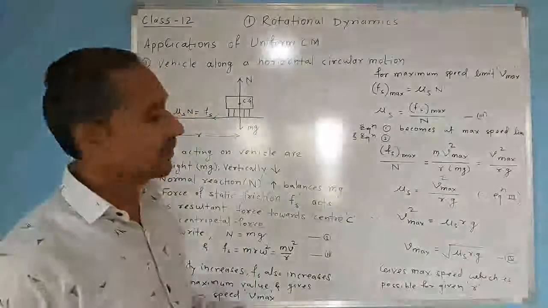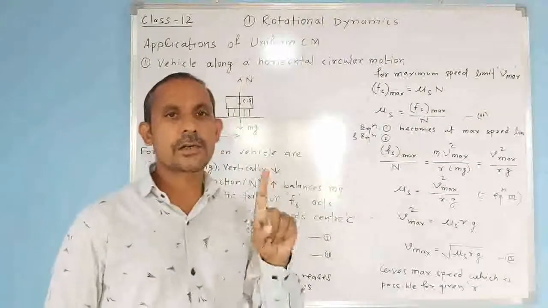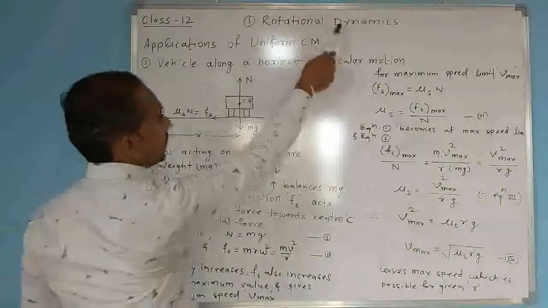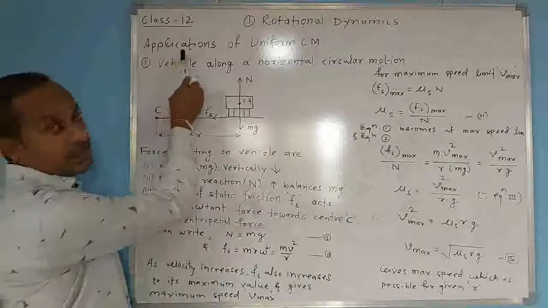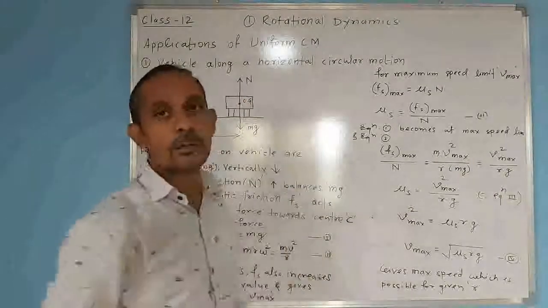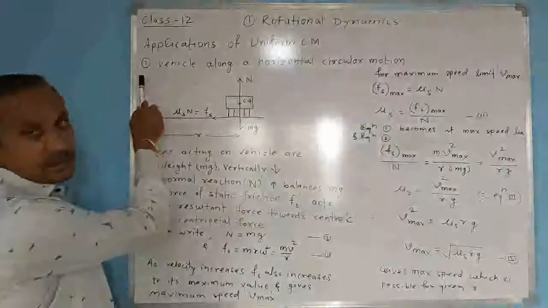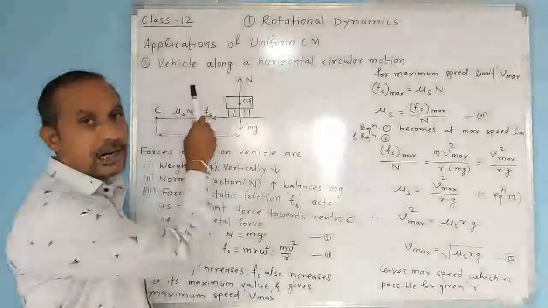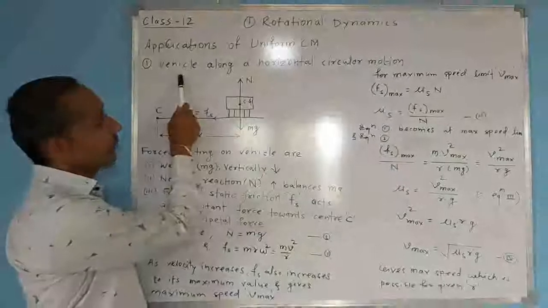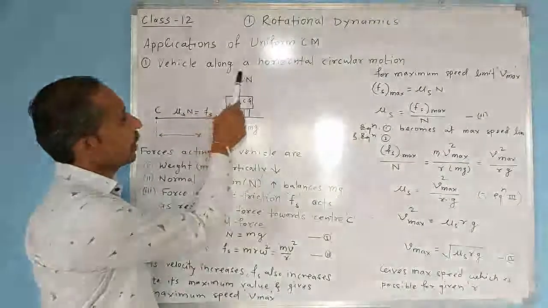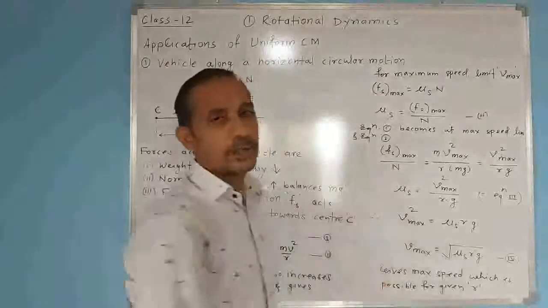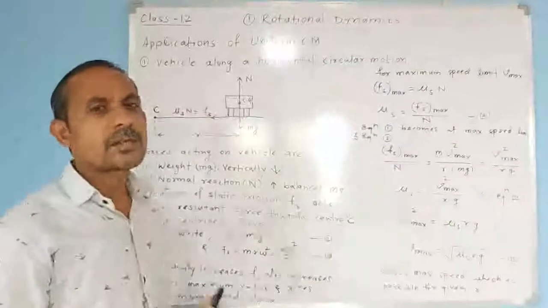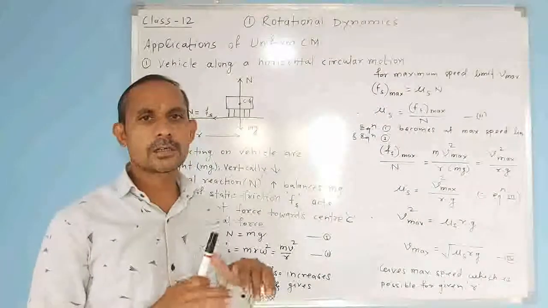So there are mainly three applications. Let us see the first application of the uniform circular motion. So let's see rotational dynamics applications of uniform circular motion. Now the first application of the uniform circular motion is when a car or vehicle is moving along a horizontal circular motion. Now let's see the circular motion of a vehicle along the circular track,